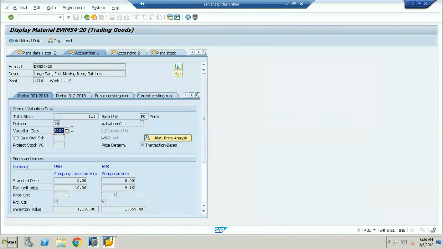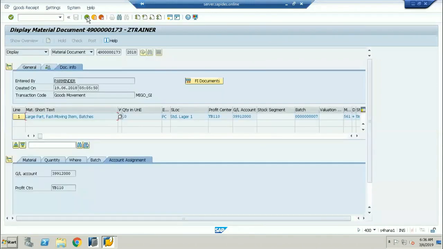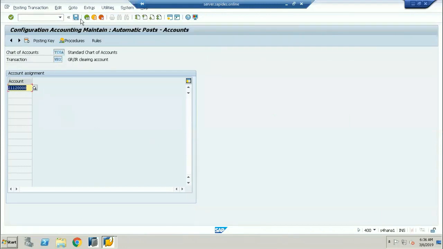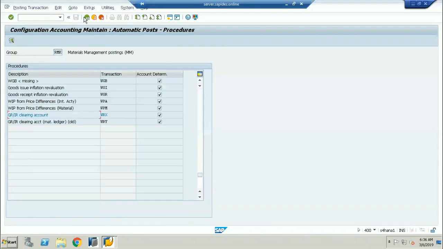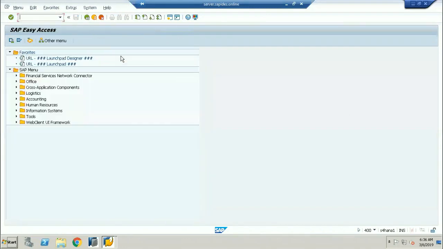The valuation class they are using is 3100. This is very clear. One second, sir, let me get into that. But here it has to credit the GR/IR. Whether any changes have been done or not, one second.